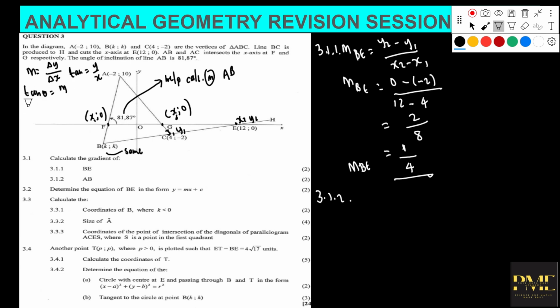And then the third one is whereby you're actually given the equation of a certain line. So y is equal to, say, mx plus c. So if you are given the equation of a line, you can just look at this value of m over here. It's important to note that if your equation is not given in the form y is equal to mx plus c, you first transpose it so that it looks like this, then only can you take this figure